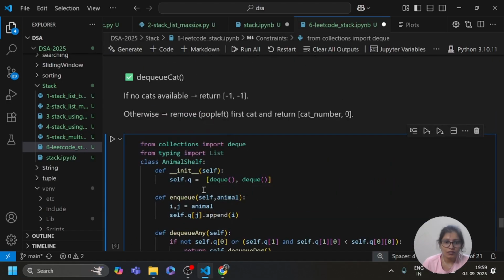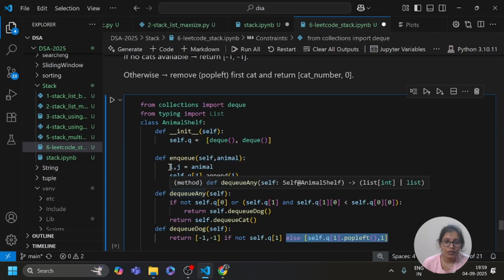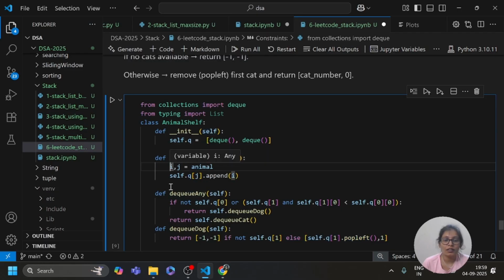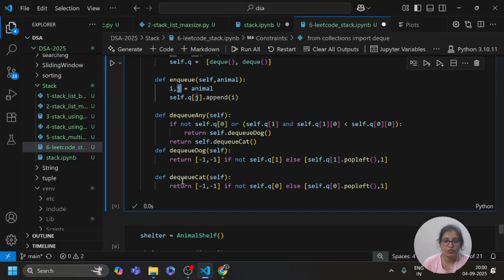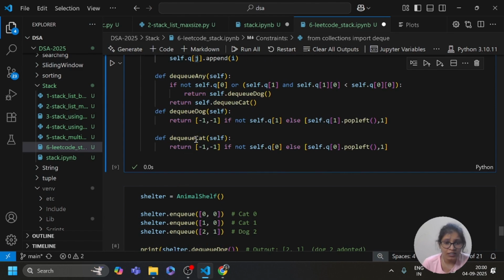Here i means the animal and j means the type, whether it is a cat or dog. For dequeue cat, if there is no cat, it returns -1, -1.